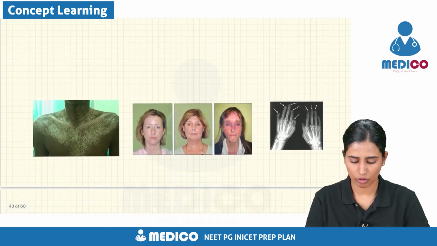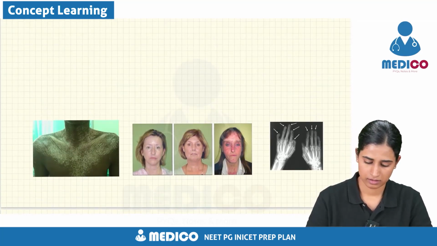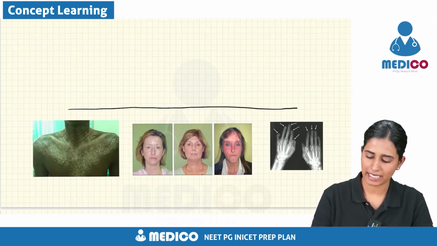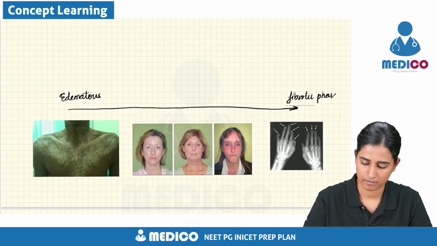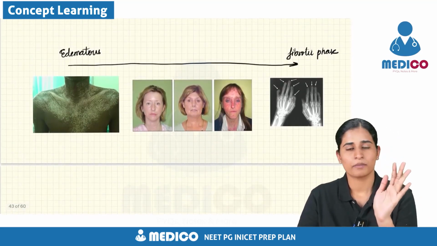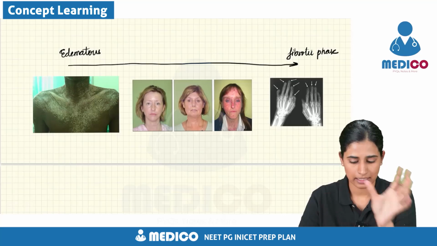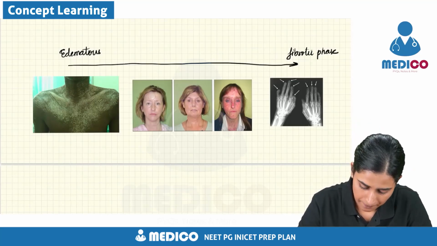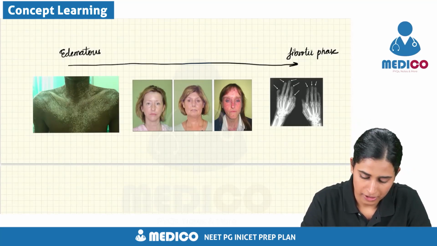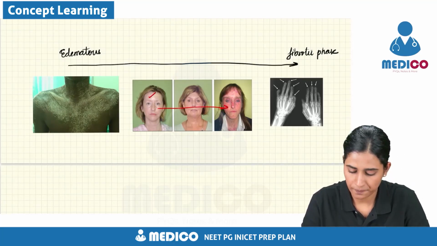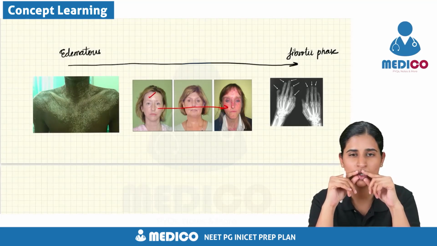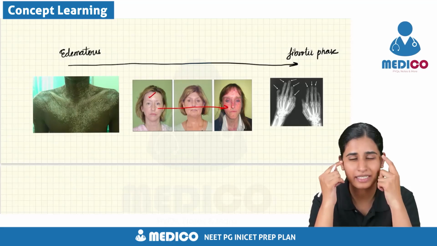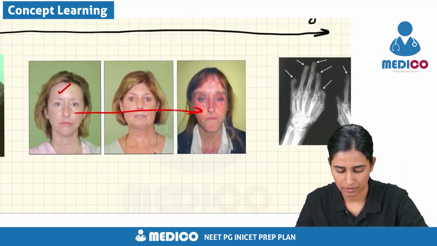And what is the skin involvement? It is from edematous to fibrotic. The skin involvement is initially edematous, later it is fibrotic. You can see her skin is edematous, shiny, tense skin. Slowly it's changing into fibrotic skin where the skin is tightened and there is difficulty to open the mouth, microstomia, and multiple telangiectasias on the face. So you can see here,